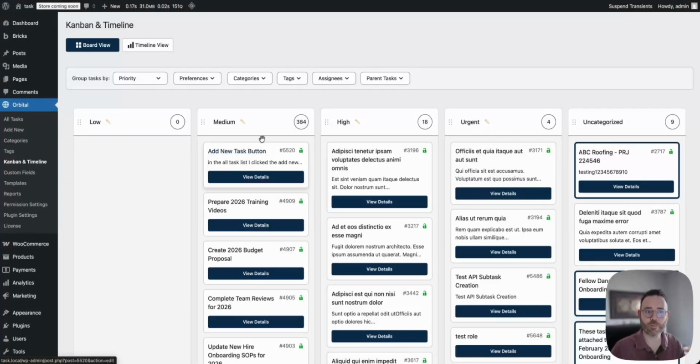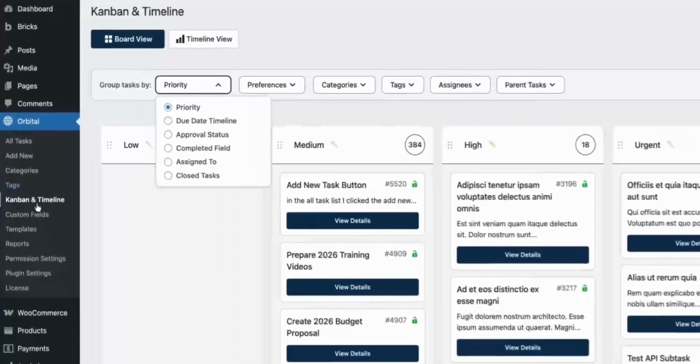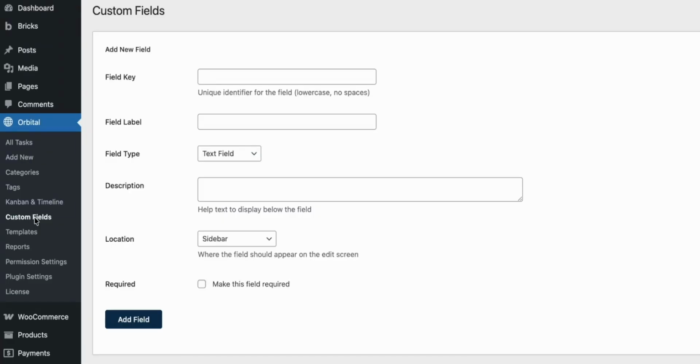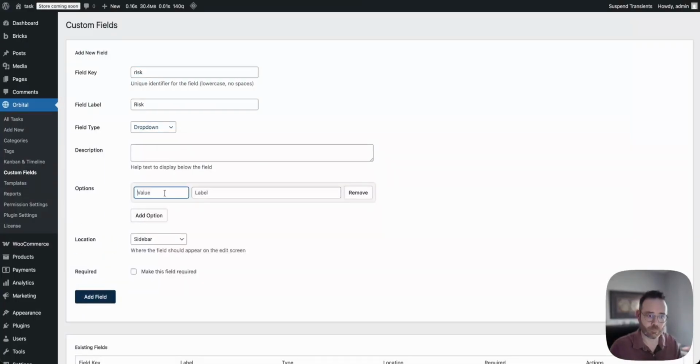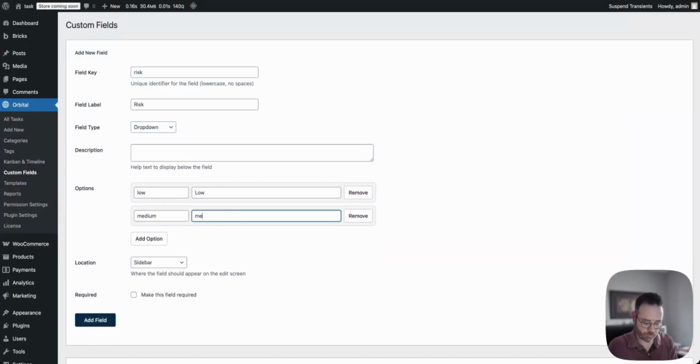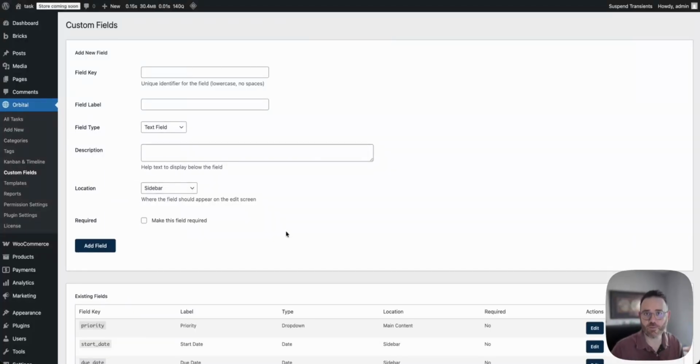One of the great features about Orbital is you can extend this Group Task By option by adding your own custom fields. So let's go add a custom field called risk and then start managing our task data in this new field we created. So we'll head over to the custom fields screen here, and we're going to add this risk field with 3 options. And when we add this field, they'll apply to all tasks, and you'll see that as a new option in